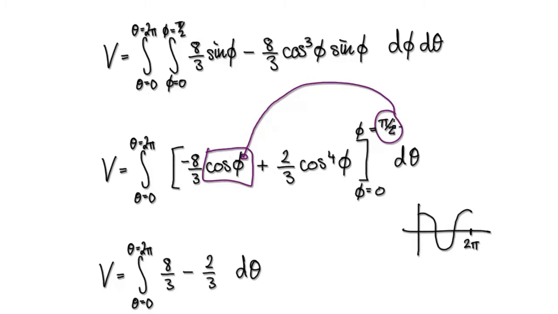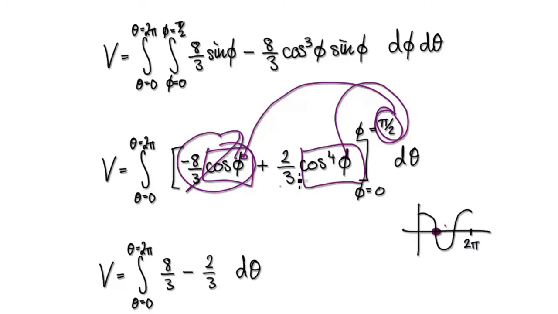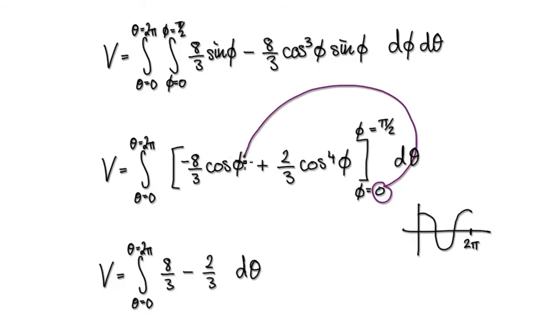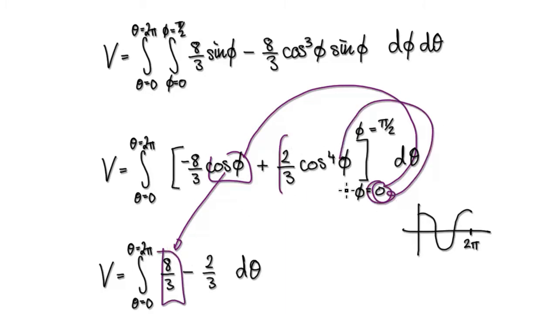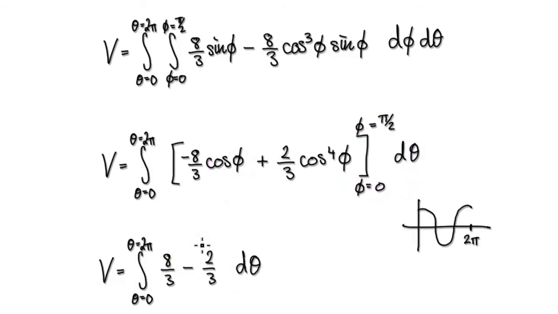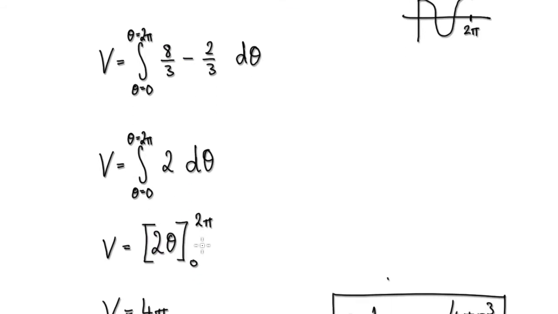So now stick this into here. Cos of pi over 2 is 0 here, so this thing here will be 0. Stick this into here, cos of pi over 2 will be 0, so that would be 0. And then you take away, and then put 0 into here. Cos of 0 is 1. So you take away minus, well, this thing here will become this thing. And then put 0 into here. This whole thing here will then become this. And then simplify it. It will then give you the number